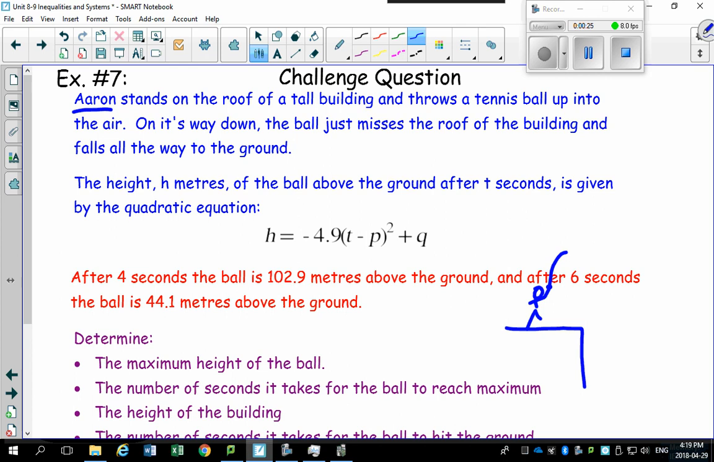On its way down, the ball just misses the roof. So it just misses like this and it keeps on going. So guess what? By just missing, we can actually eventually do something with that point. We'll get to that in a second. And then it falls all the way to the ground. So all the way down into the ground, there it is down here and bounces back up and goes along